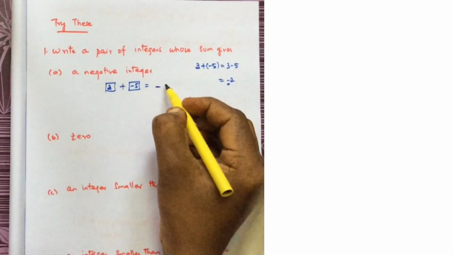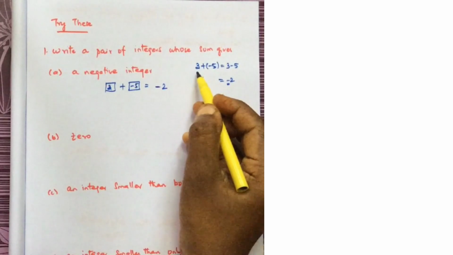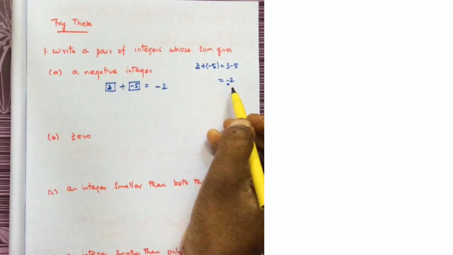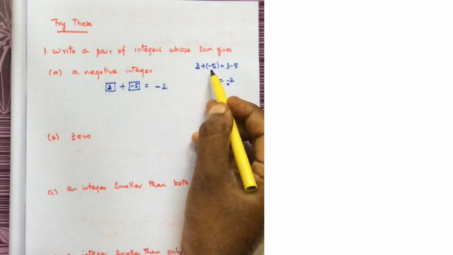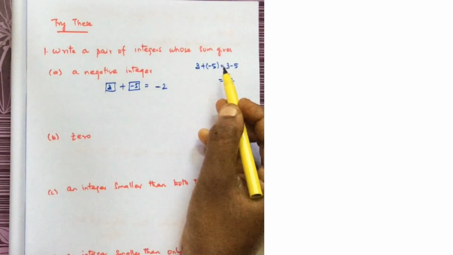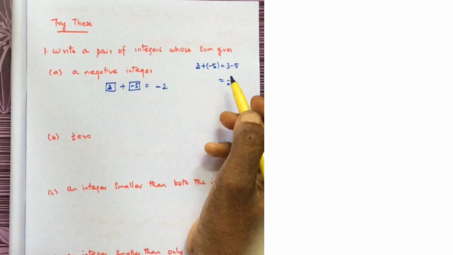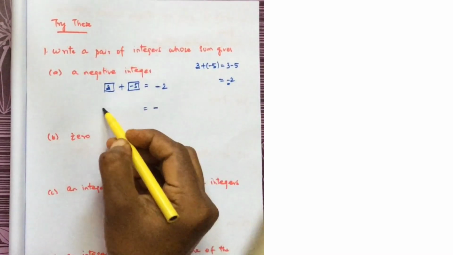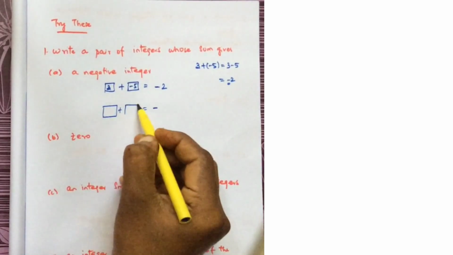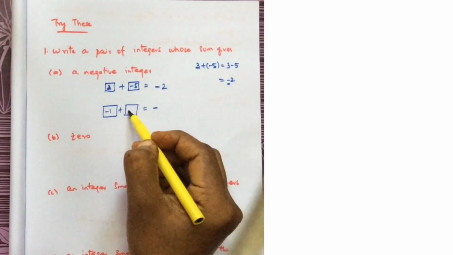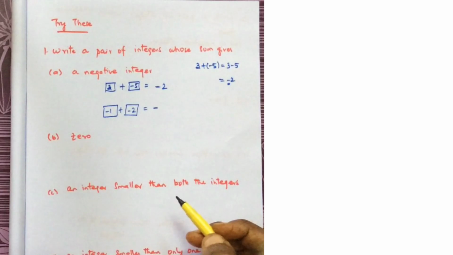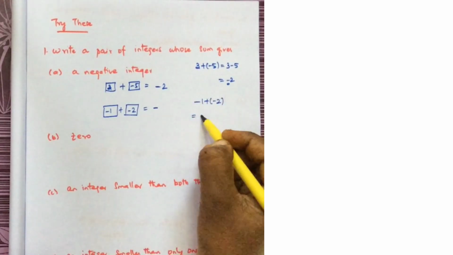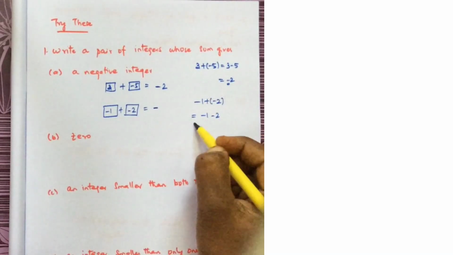That is negative. Here one is positive, another one is negative. The result is negative because I have given the negative sign to the bigger number. Okay, this is one case. Another case you can try is, if you want the result to be negative, you can keep both the numbers as negative. Minus 1, minus 2. What is this? Minus 1 plus of minus 2, that is equal to minus 1 plus into minus, minus 2, that is equal to minus 3.